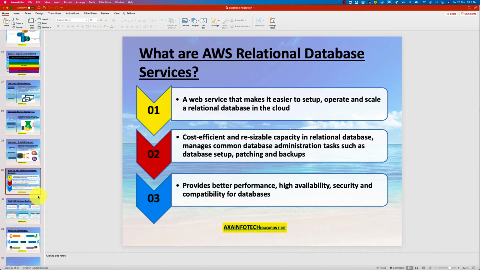It's very easy. Backup: you want to take the backup, you just click over there, mention the time, and at this time the backup will happen. You don't need to go there every day and take the backup like earlier. Definitely, it's cost efficient and resizable capacity in a relational database. Now, what is the cost effectiveness? Because you are not using a licensed one. Like Oracle, if you're not using Oracle, you can save a lot of cost with the use of open